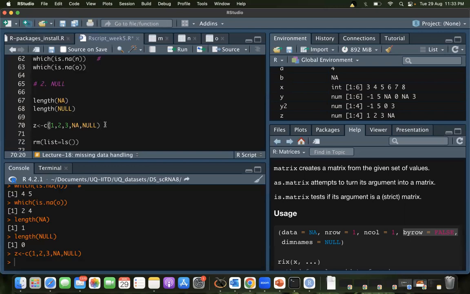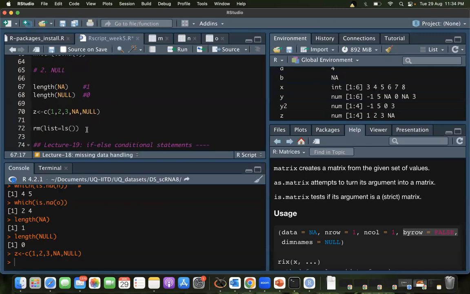It will come up in some of the later classes. Do remind me in case we don't discuss it explicitly. But right now, I would just like to tell you that NULL has a length of 0, but NA has a length of 1. So NA is a placeholder, but NULL means it's absent. It's not there. The position is also not there. So you see what happened here?